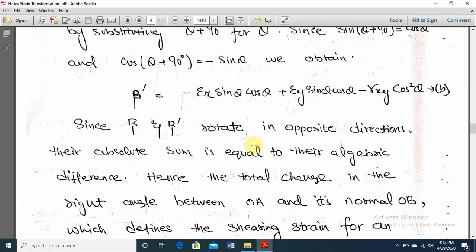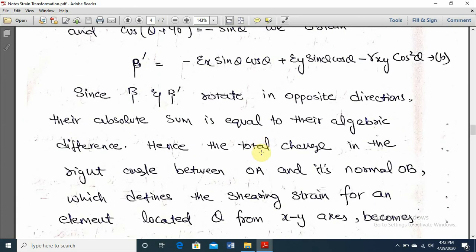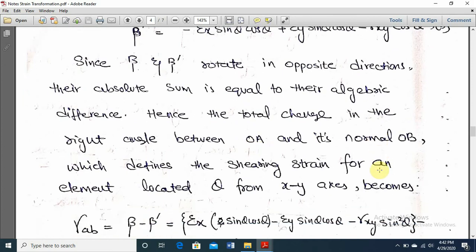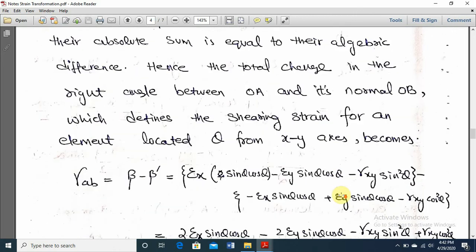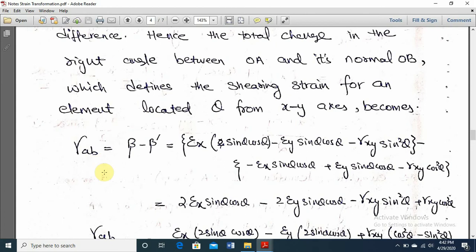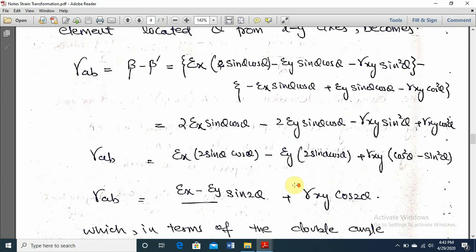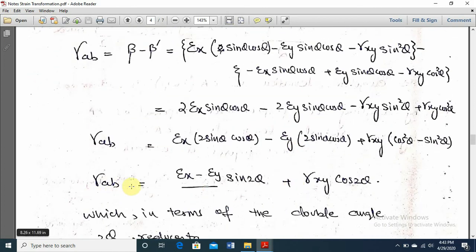Algebraic difference. Hence the total change in the right angle between OA and its normal OB, which defines the shearing strain for an element located at an angle theta from xy, becomes, so change in angular deviation will be equal to beta minus beta dash. Put the equations, and you will ultimately get an equation gamma is equal to (Ex minus Ey) sin 2 theta plus gamma xy cos 2 theta,